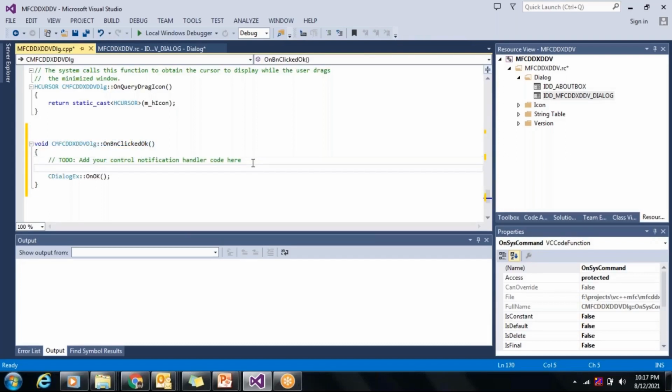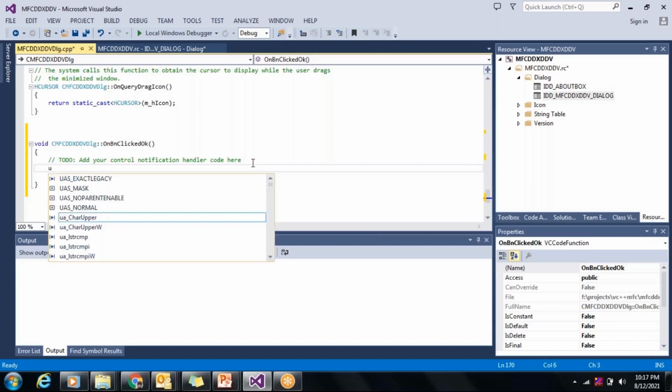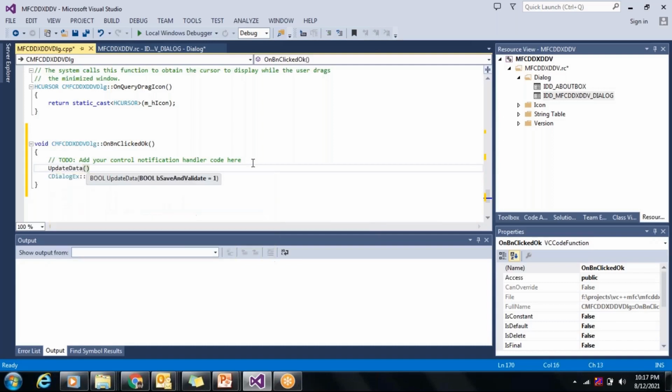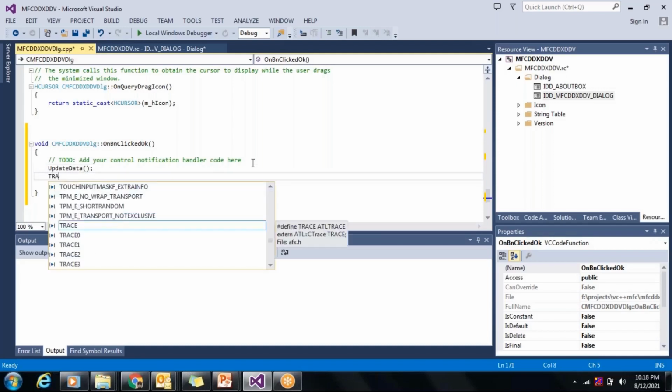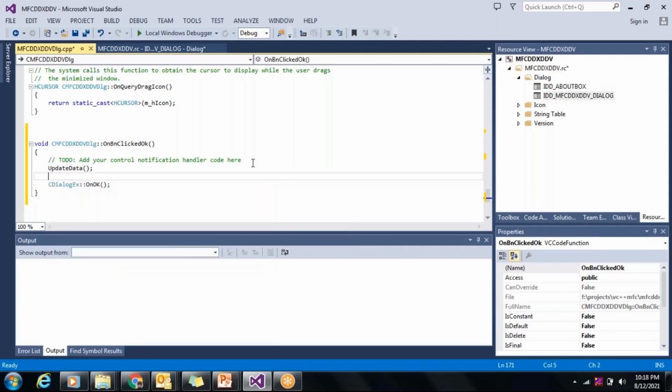Here I want to show what is the value that is entered into the control. I want to store it to the variable and then show it as my trace message. For that, we need to call UpdateData true, or you can just call UpdateData because the default is true. Now I want to trace, or I'll just use AfxMessageBox.